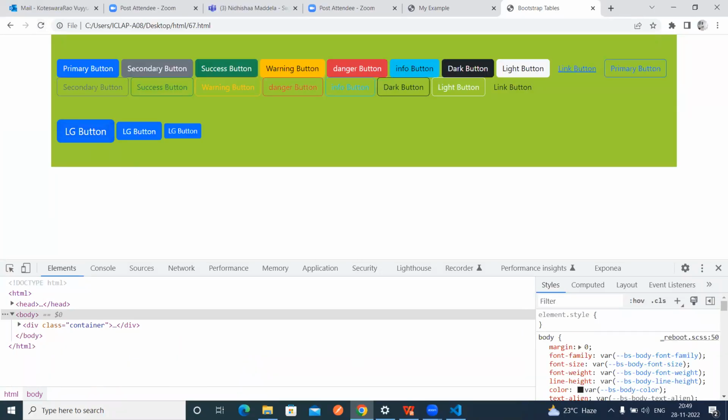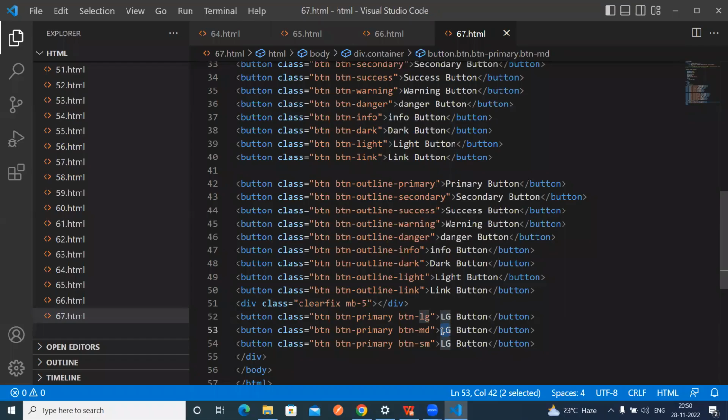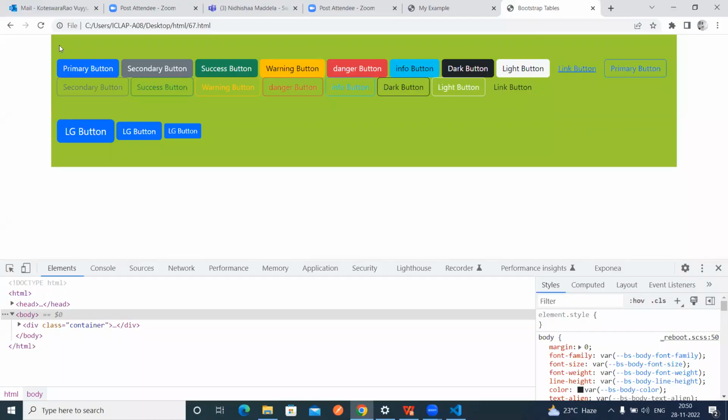So this is the lg. So this is the normal button. So this is the small button. Okay. So this way we can create the buttons. Large button, normal button, small button. Okay. So these are the three different sizes we have in the buttons. Okay. So the next one,